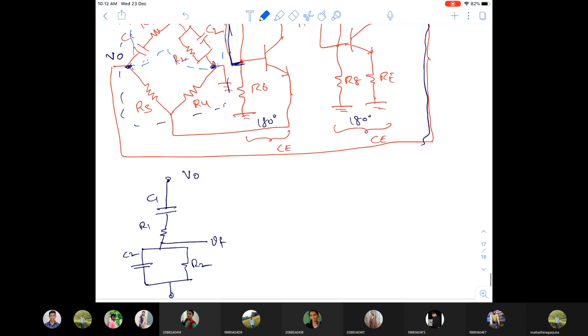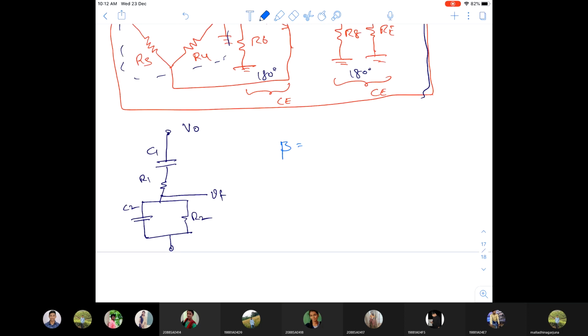Okay, so anyway we know that beta is equal to what, Vf by V naught, am I right? So from this network I know the beta value, I can calculate Vf by beta V naught value here. So by taking Vf is equal to